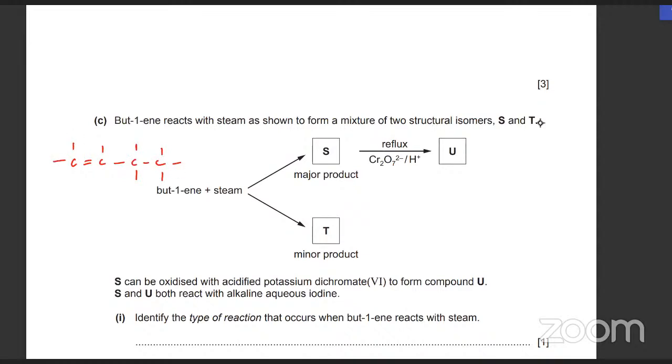अब water जब add होगा, it's going to have two options. It can either get attached to this H and the OH could get attached to this one. That's your major product. Major product होता है, the H likes to get attached to the carbon that's already bonded to more H atoms. That's your major product. The minor product would be